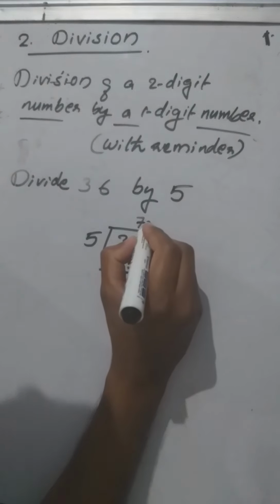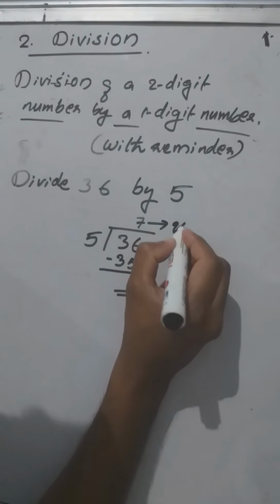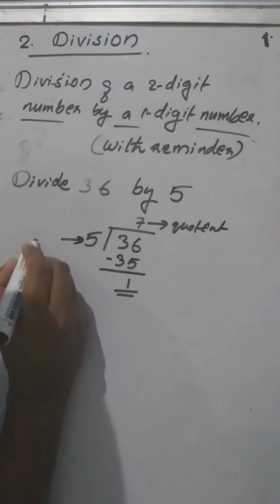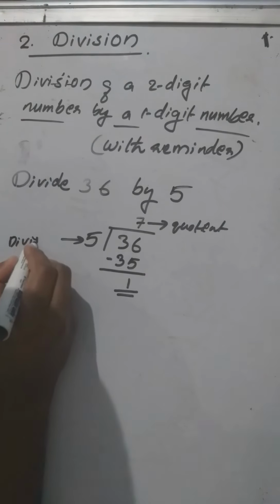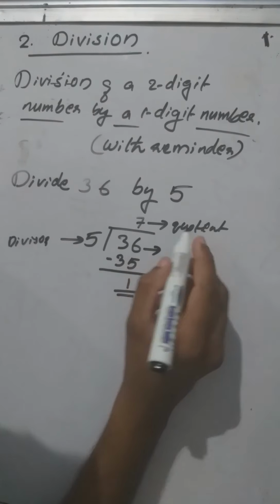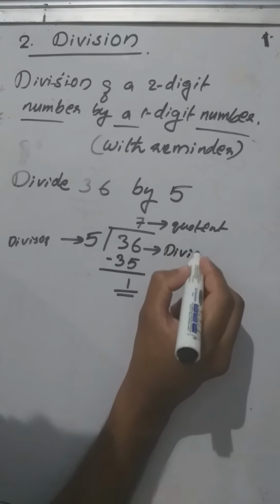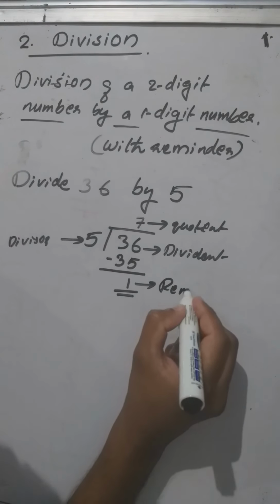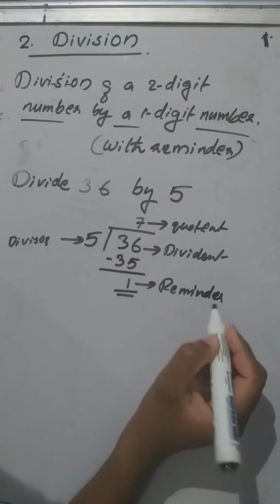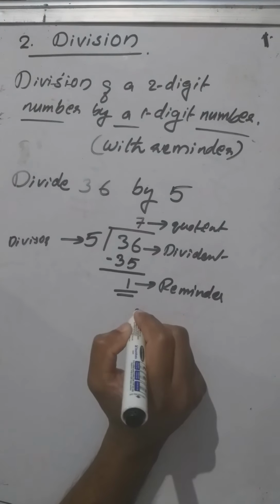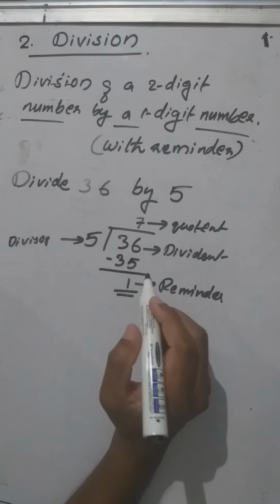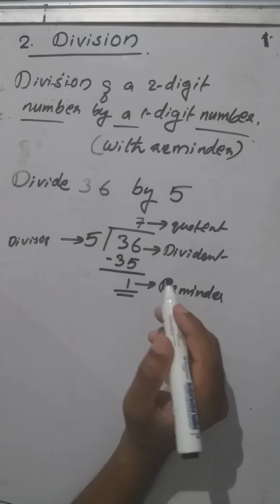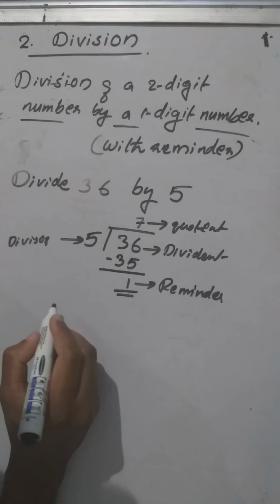So here the quotient is 7, divisor 5, dividend 36 and remainder 1. When we are dividing, if we get the remainder 0, that means the number is completely divisible. For example, if you are dividing